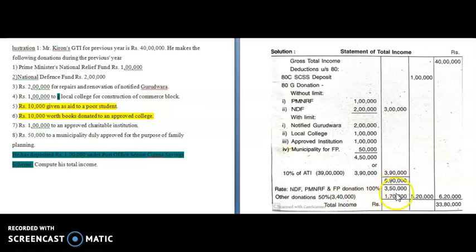So we are totaling these two things, 100% and 50%, and will get an amount of 5,20,000. This is our total deductions, total eligible donations. So 1 lakh is there, ATC, ATG is there, 5,20,000. We will bring it to the outer column, we'll deduct from gross total income, and we'll get the final answer. That final answer is our total income. Total income is